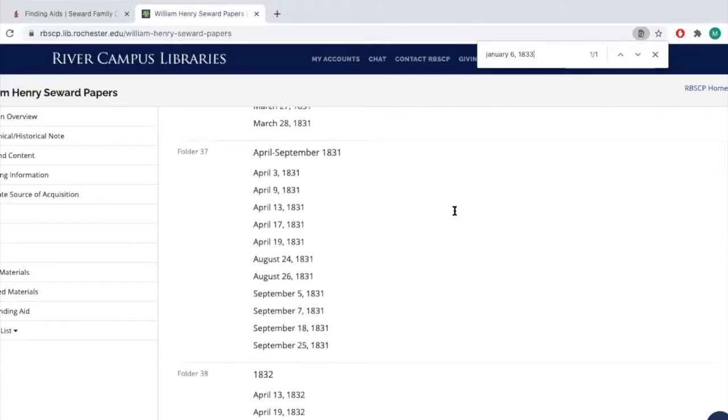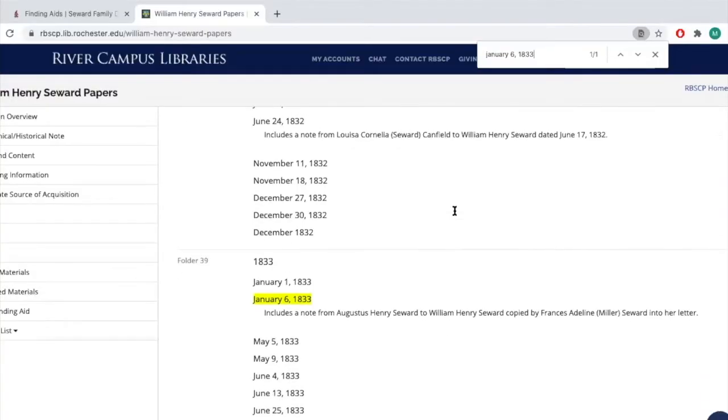To track down a letter through Rare Books to get it called so that we can review the letter, we use the finding aid, the William Henry Seward Papers finding aid online, to do that. Normally we would do a call for a large volume of letters, somewhere between 100 to 200 letters at a time, and we would create a spreadsheet that we would submit to Rare Books, Special Collections and Preservation.